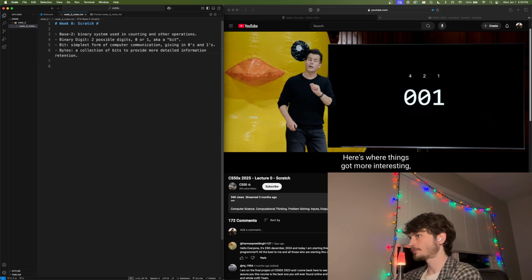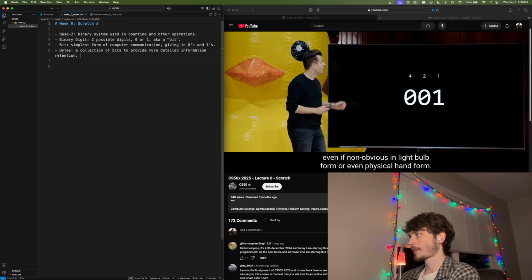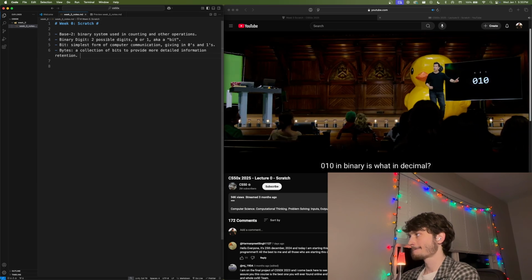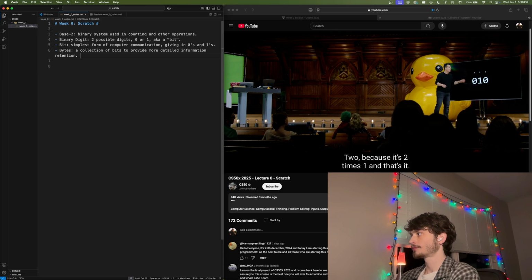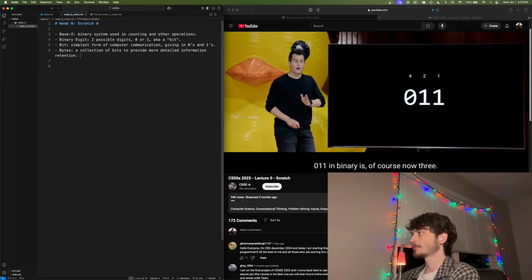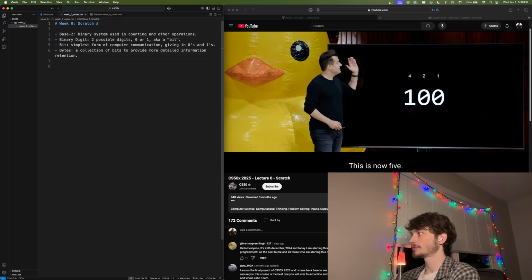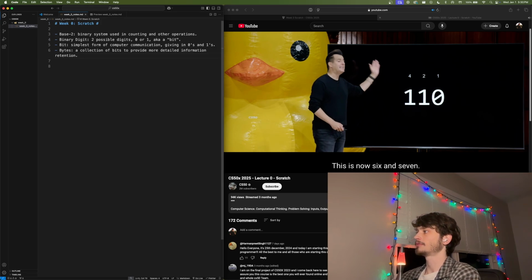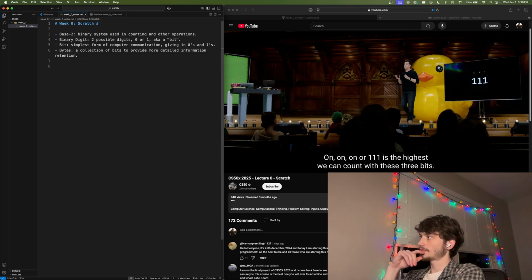Here's where things get more interesting, even if non-obvious in light bulb form or even physical hand form. 0, 1, 0 in binary is what in decimal? 2. 2, because it's 2 times 1, and that's it. 0, 1, 1 in binary is, of course, now 3. This is now 4. This is now 5. This is now 6. And 7, or 1, 1, 1, is the highest we can count with these 3